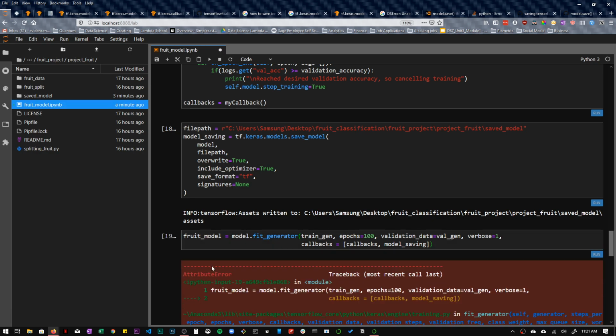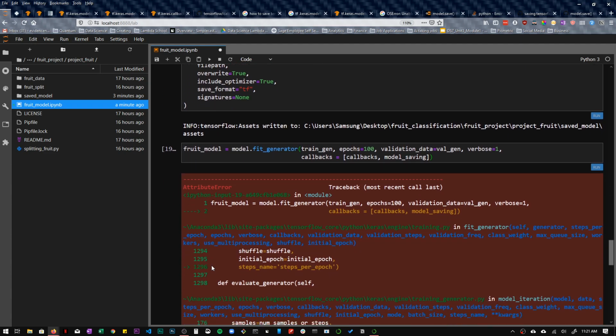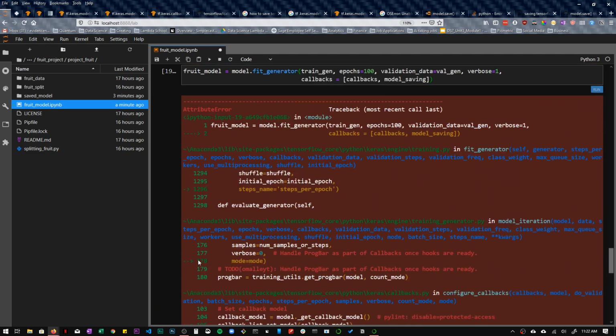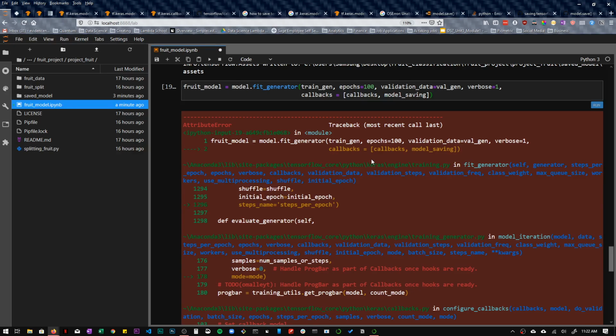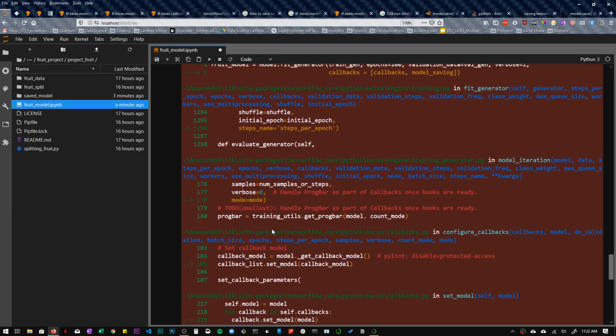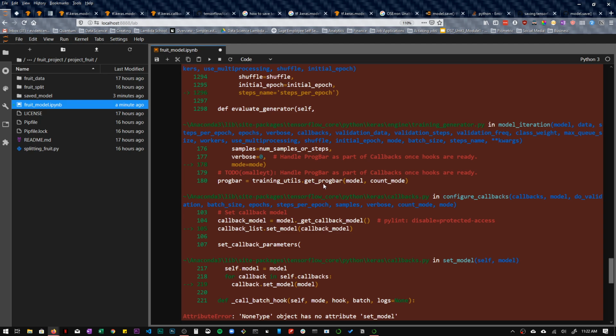All right. Well, got a problem already, so that's good. Let's see here. Callbacks equal to callbacks and model saving. All right. Let's see. Callback list dot set model, callback model.